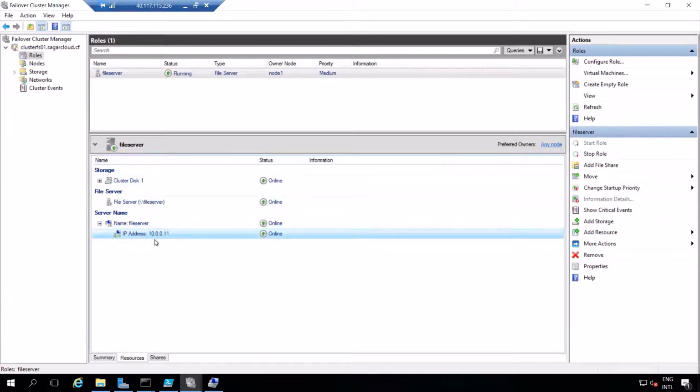But the thing is that this IP which is allocated to the role is still a virtual IP and doesn't have any NIC associated with it. In Azure you need a NIC, because in Azure the VMs always talk with each other over the NIC. As long as this file server role doesn't have any NIC, we have to do some adjustment. What adjustment will you do? You have to create a load balancer. On the load balancer, you give the same IP, and then that load balancer will work as a file server. Let me show you that.